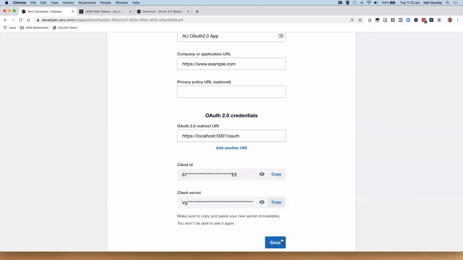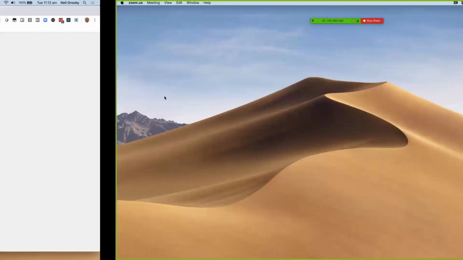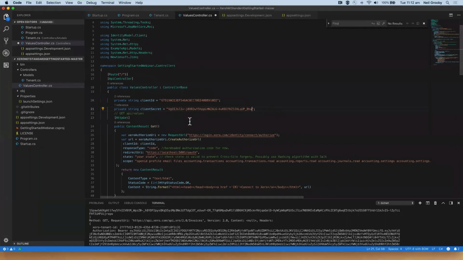We'll click on save, and you can see the client secret is hidden there. You can create multiple if you wanted to by removing that. So once we've done that, we've got a standard .NET